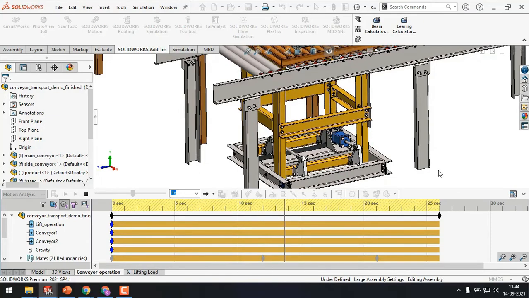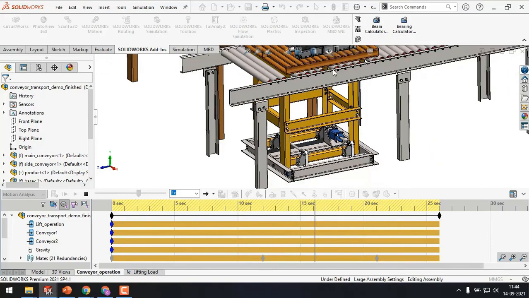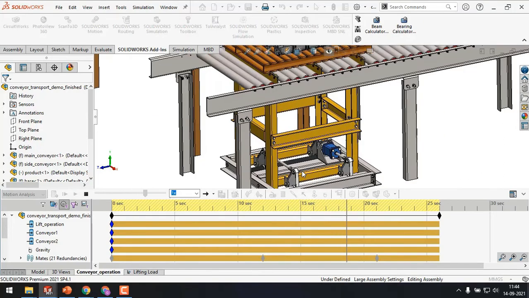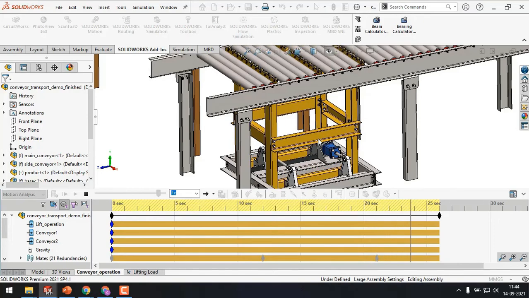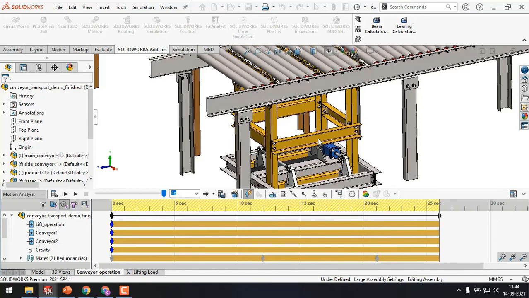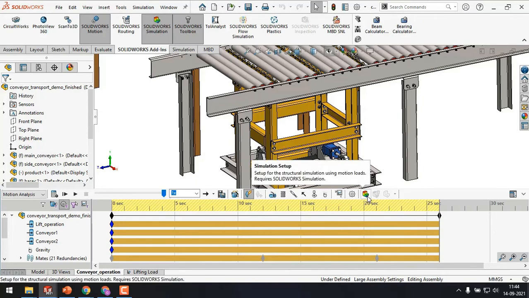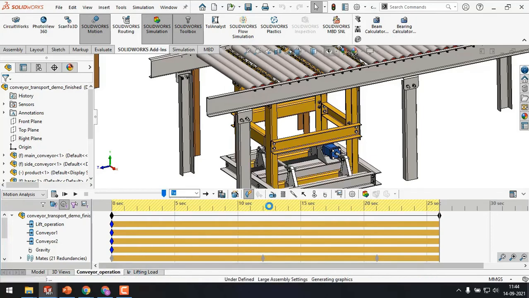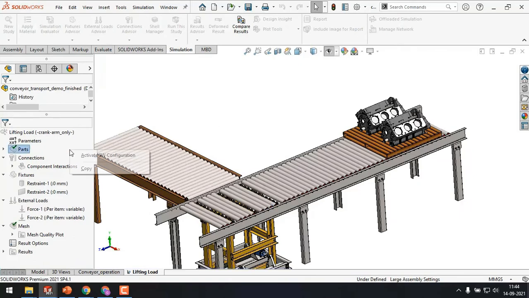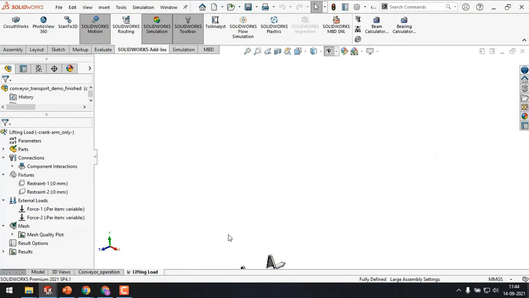Right. So I want to be sure that most of the weight which is being carried by these actuators to raise the component, whether they are safe or not, correct? So as I have previously mentioned, we have the option of simulation setup, right? So the structural simulation using motion loads can be done, right? So I have done a simple analysis of this lifting load which is coming on these actuators,